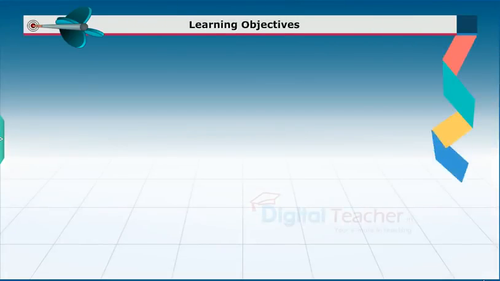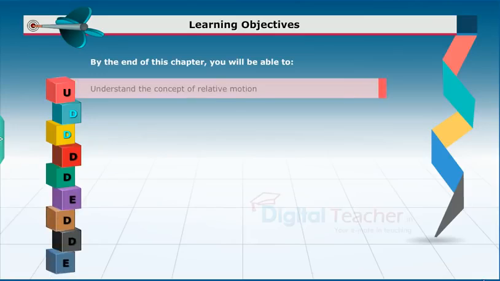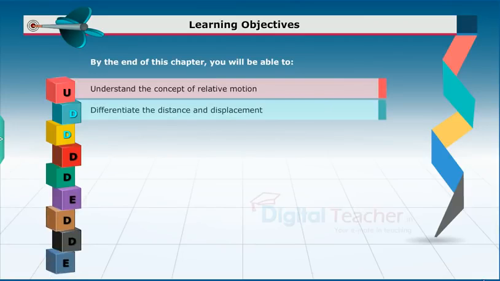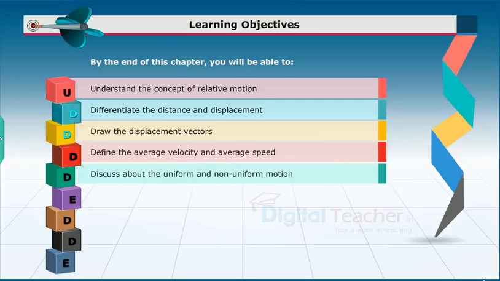Learning objectives. By the end of this chapter, you will be able to understand the concept of relative motion, differentiate the distance and displacement, draw the displacement vectors, define the average velocity and average speed, discuss about the uniform and non-uniform motion,